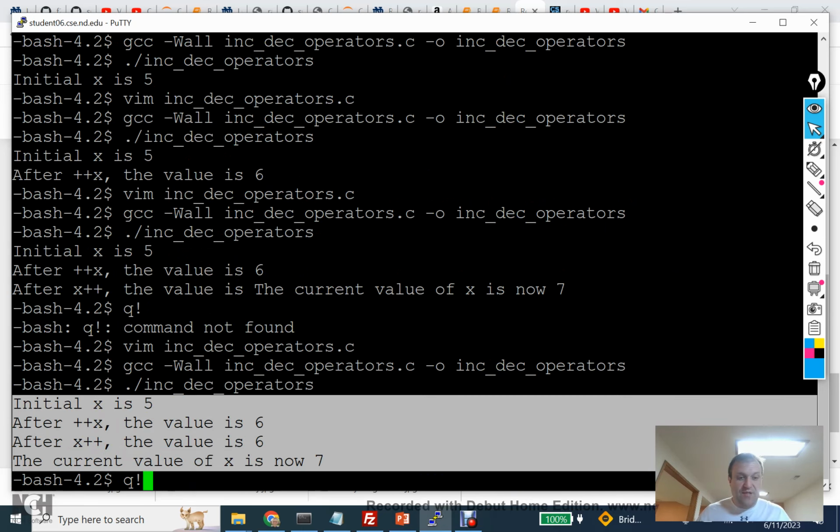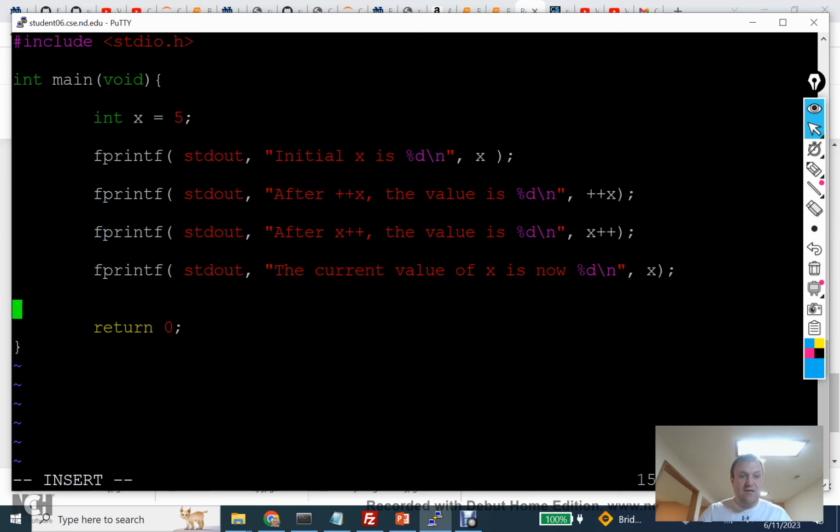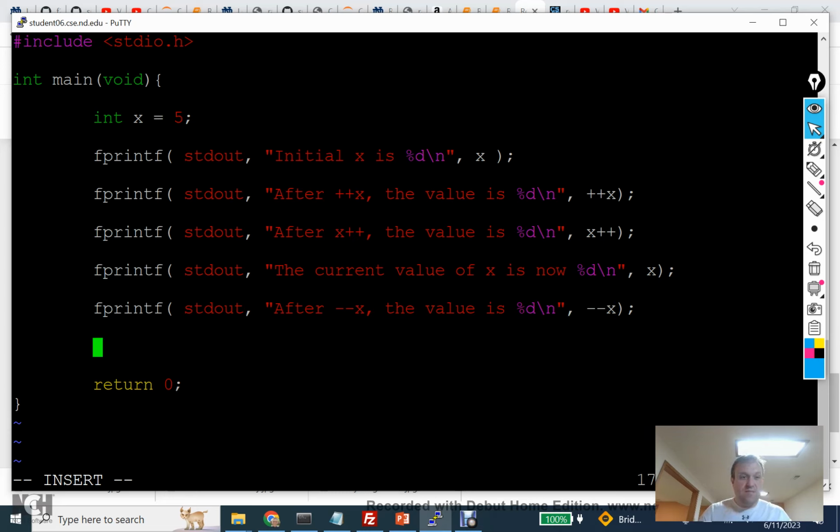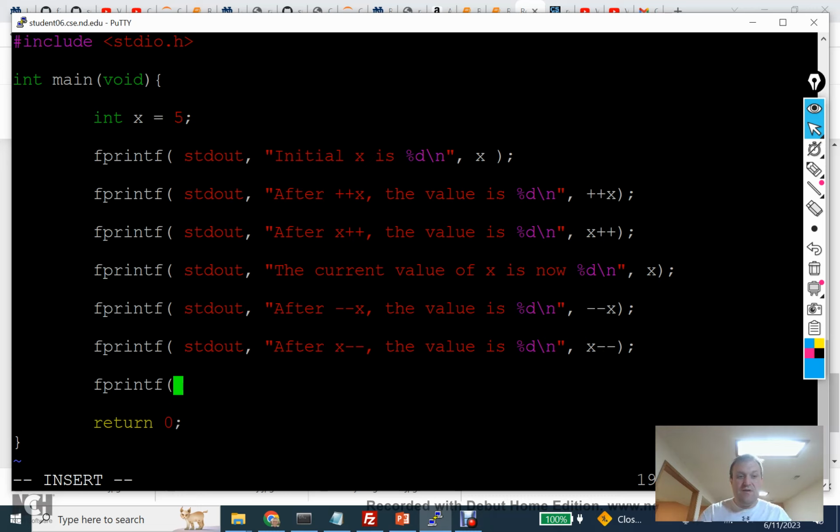So now let's quickly replicate that again with minus minus. fprintf, stdout, after minus minus x, the value is %d slash n, minus minus x. fprintf, stdout, after x minus minus, the value is %d slash n, x minus minus. fprintf, stdout,